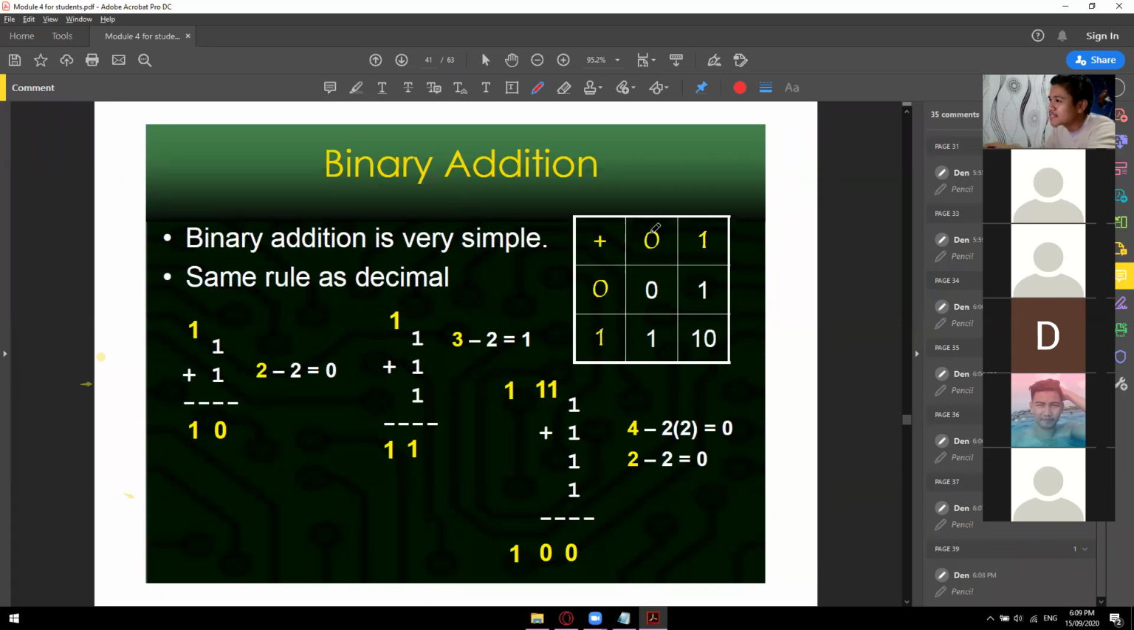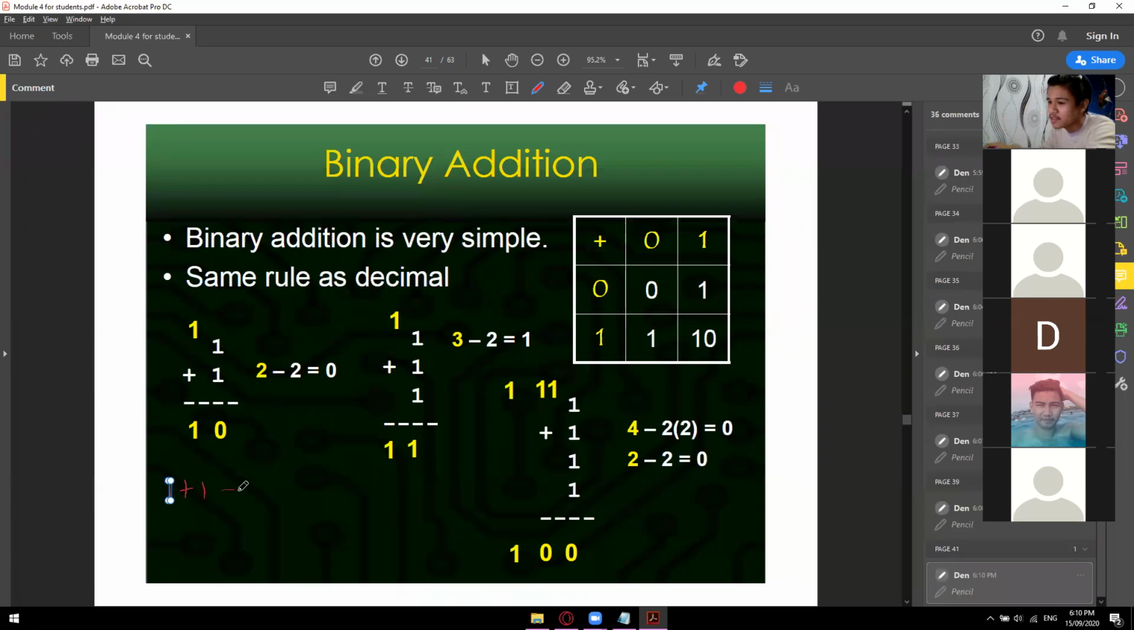So, 1 plus 0 is, of course, 1. 0 plus 0 is, of course, still 0. 0 plus 1 is still 1. But in here, 1 plus 1 is 10. So, paano nangyari yon? So, basically, kung gagawin niyo yung common math, yung normal way of doing the math, so